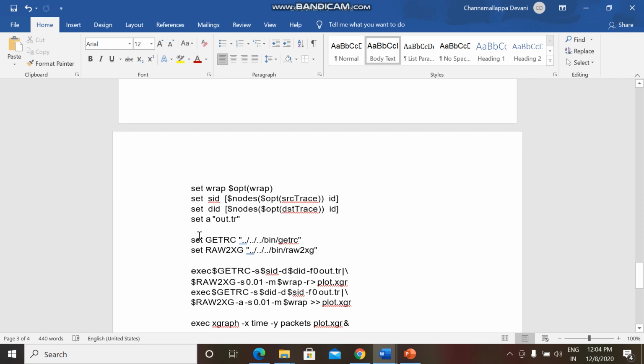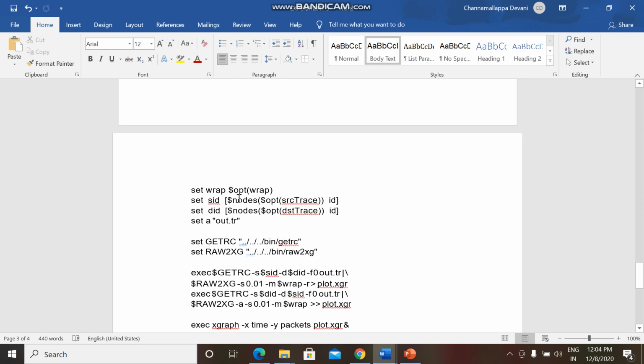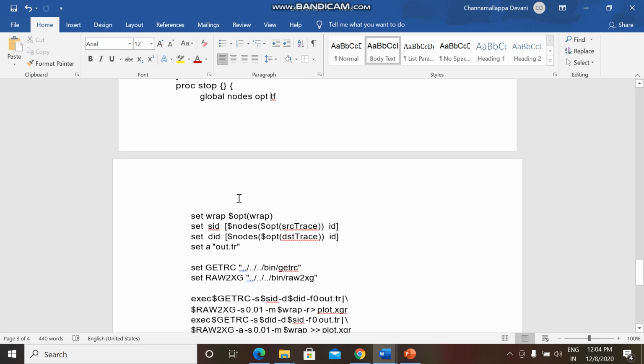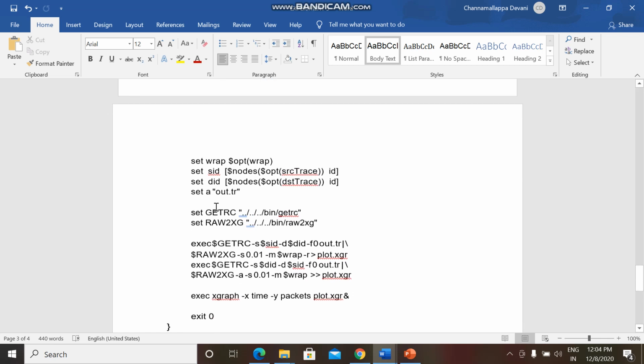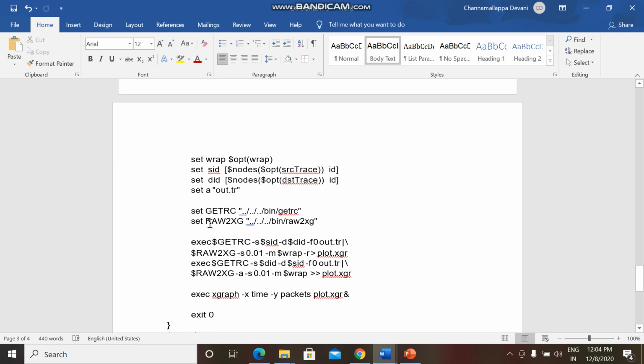To plot a default graph of the web trace file, we are using web.tcl for the 2G technology, and we require two important files: getrc and raw2xg. These are the two files needed to plot the default graph, and this is the path where getrc and raw2xg are present.